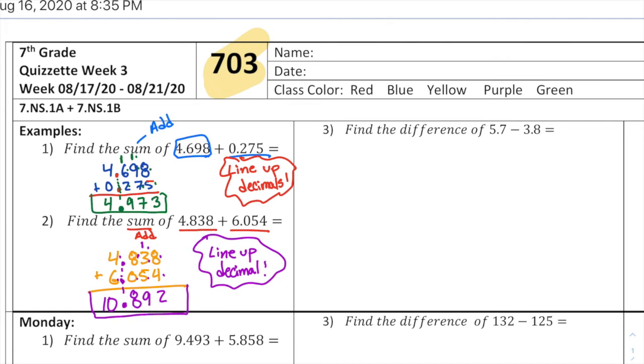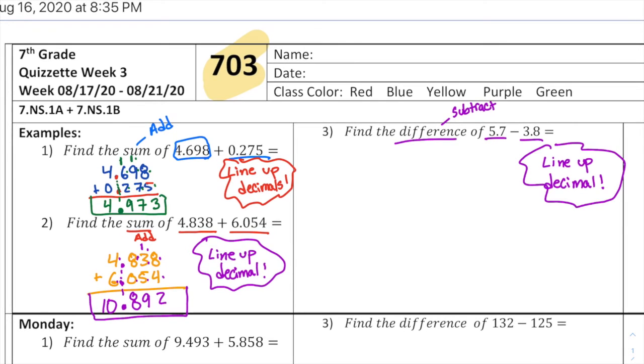Problem number 3 says find the difference of 5.7 and 3.8. Now again, don't let this word scare you. All that the difference is, is the answer to a subtraction problem. So if you see difference, that just tells you need to subtract. Now same as before, when I'm adding or subtracting decimals, what do I always want to do? I want to line up the decimals. So we do that. 5.7. And now we're subtracting